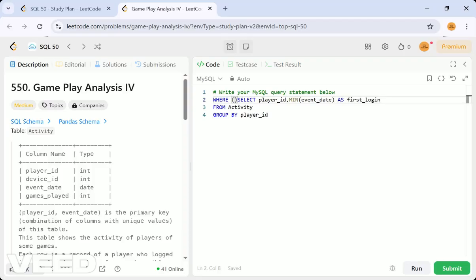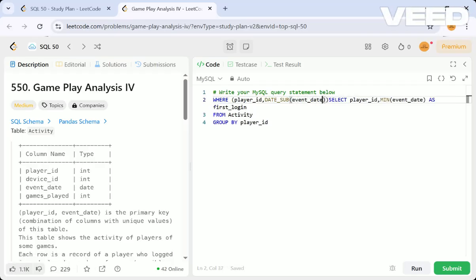We take player id, and then the part where we get the difference between the dates: event date should be within an interval, in SQL we include that interval, of one day. So the interval should be one day between the first date and the recent login, for the consecutive condition.